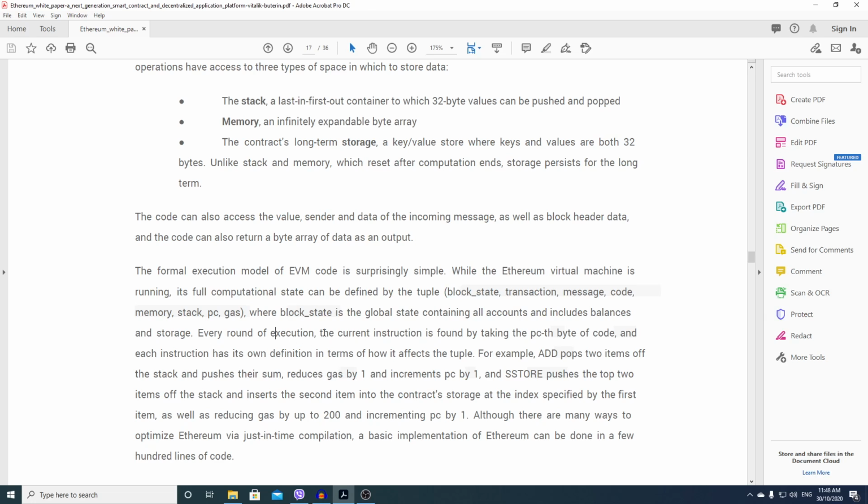Every round of execution, the current instruction is found by taking the PC's byte of code, and each instruction has its own definition in terms of how it affects the tuple. For example, ADD pops 2 items off the stack and pushes their sum, reduces gas by 1, and increments the PC by 1. And SSTORE, storage store, pops the top two items off the stack, and inserts the second item into the contract storage at the index specified by the first item, as well as reducing gas by up to 200 and